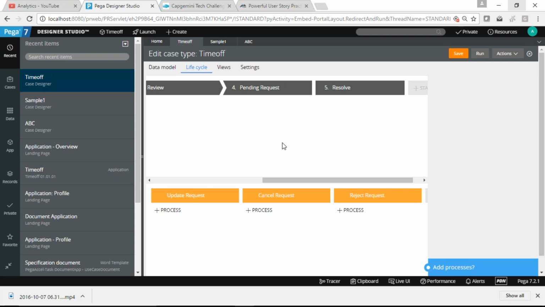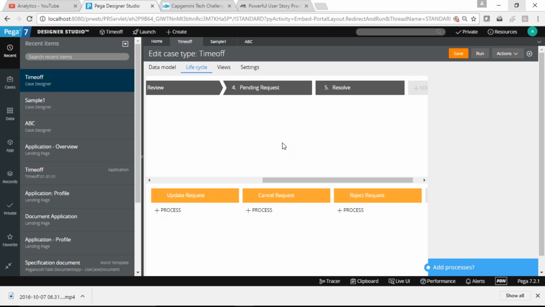But this may happen, like when we apply for leave, the approver approves it, then also we can cancel it. So this pending request won't come after resolve. This can come. Actually, the KEGA works in the same way. Once it was moved to the approval stage, you can do that, but as a sequence it will be shown after the approval. Once you have not submitted the request, you have the authority to do that. Once you have sent the request, it goes to your manager, so he has the authority to update the request after that.